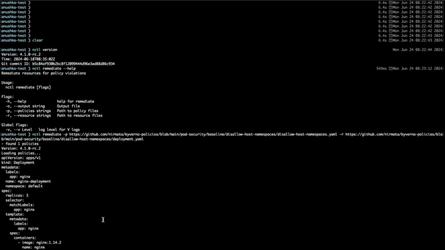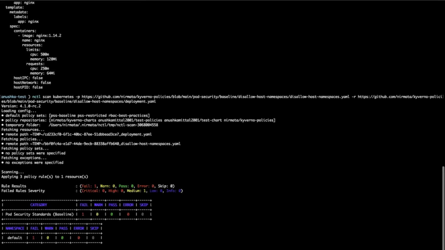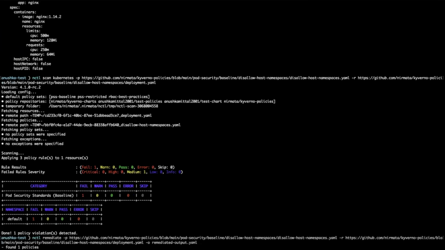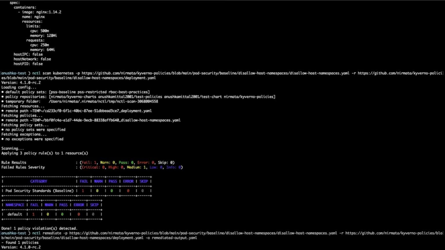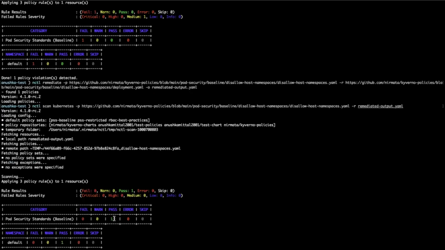And now, if we were to run a remediate, get the output, remediated output.yaml. Now in the scan, let's do a remediated output.yaml. You'll see that the same policy with the remediated YAML passing. All right,